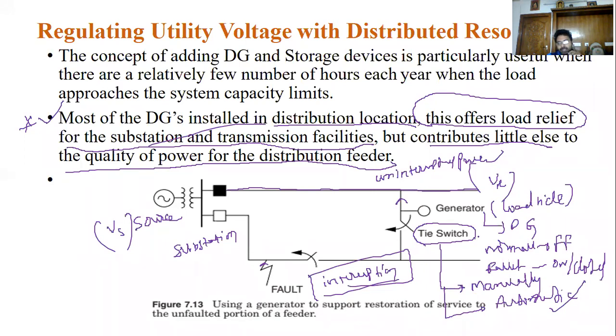But nowadays there are battery technologies to store wind and solar energies. So whenever there is a power cut, or a fault or interruption occurs in the system, by using battery energy storage systems, we are supplying constant voltage levels to these loads. That is today's technology. But in the last century there were not many technologies available, so they used diesel generator sets, or fossil fuel generating plants, or other types of generators.